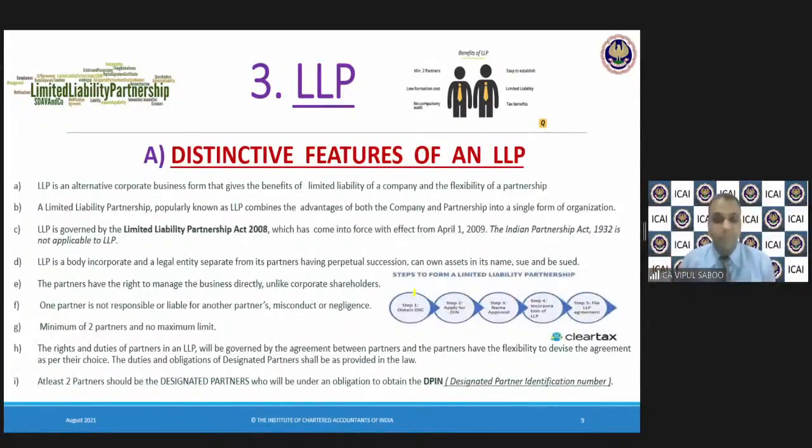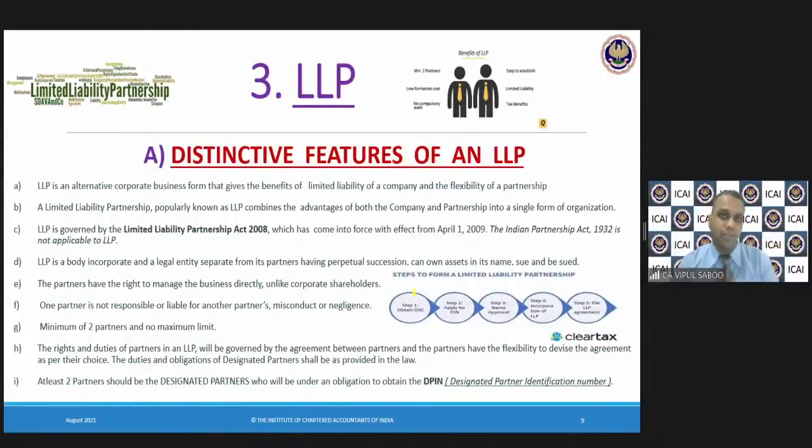So the businesses, the market, the economy felt the need of a hybrid form of organization, which has the features of a partnership and the good features of a corporate form as well. And that gave birth to the concept of limited liability partnership. So it is a partnership. We are giving you partnership, but with the features of a company. It is a hybrid breed of companies and